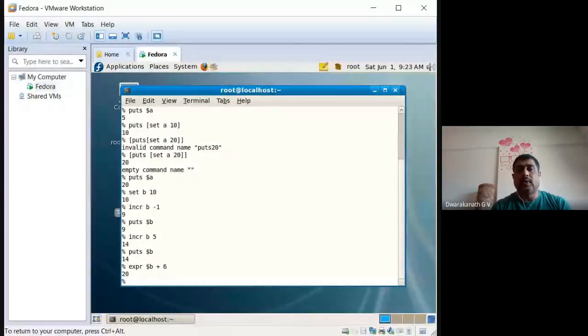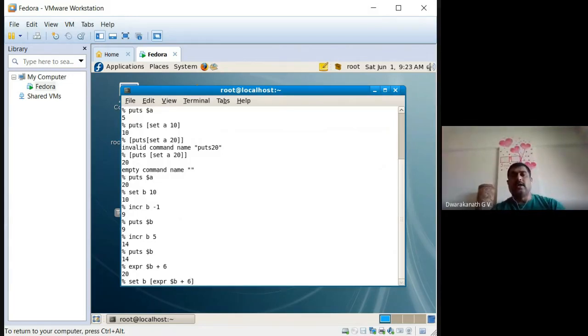If you want to change the B value to 20, means if you want to add another 6, what you have to do is set B within square brackets, EXPR $B, the present value, plus 6.